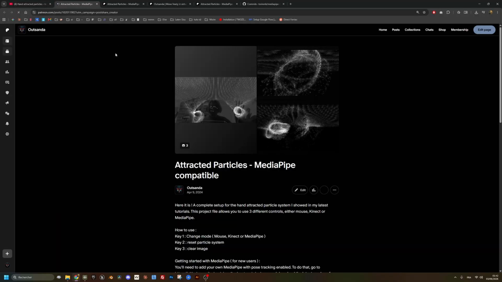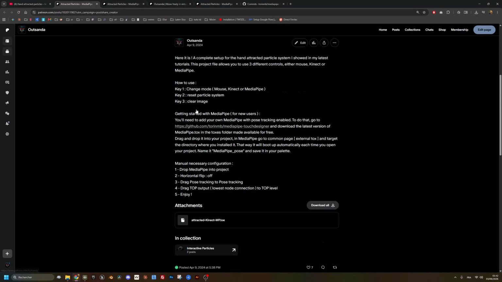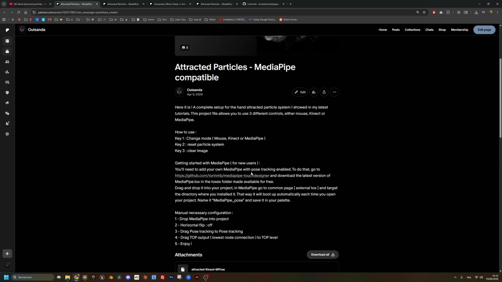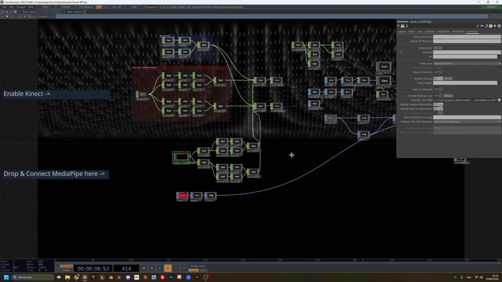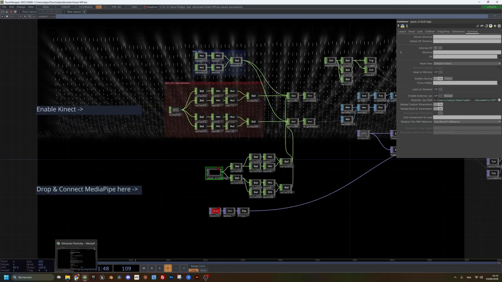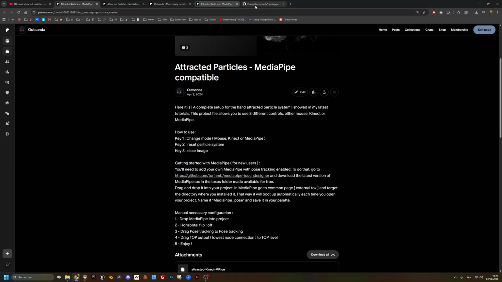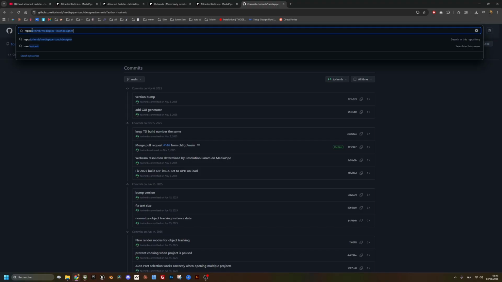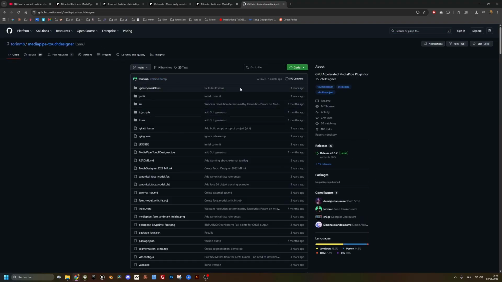So just go to my Patreon here and you will download the attracted Kinect MP here. You also have some instructions here to let you know how you can use it. So once you open the project, it will look like this. What you want to do is then go to your browser and to GitHub and type in Torin MB, which is the creator of the component, and just search for his